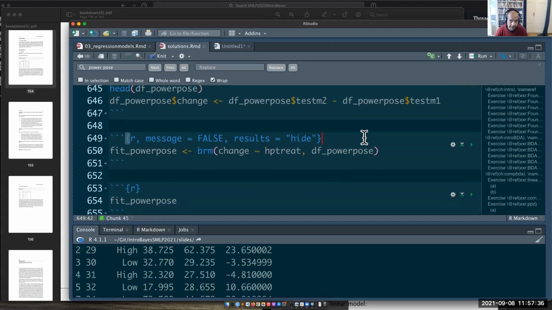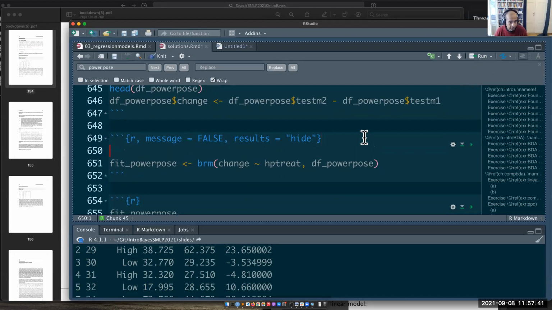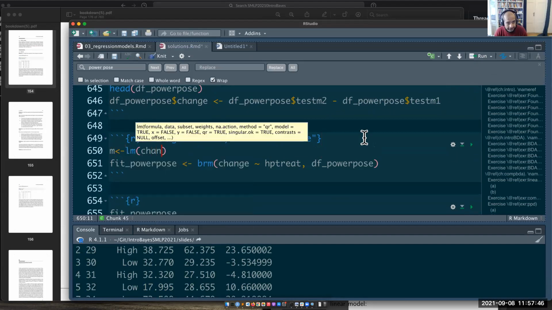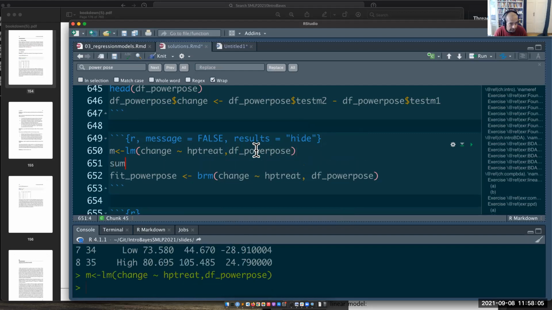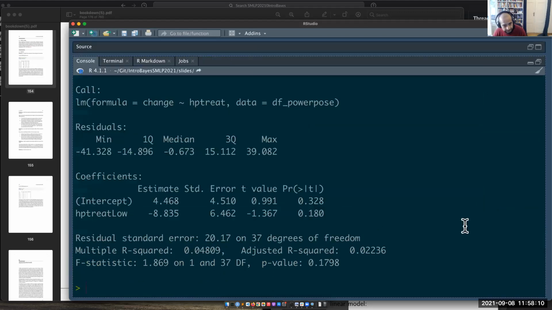A really simple model would be something like this. A simple linear model would be something like this: lm of change on HP treat. HP treat is the column that actually encodes high versus low here, right? And we have the data frame power pose. So I could fit such a model, and if I summarize this, this is the frequentist model. If I fit this model, what I get is